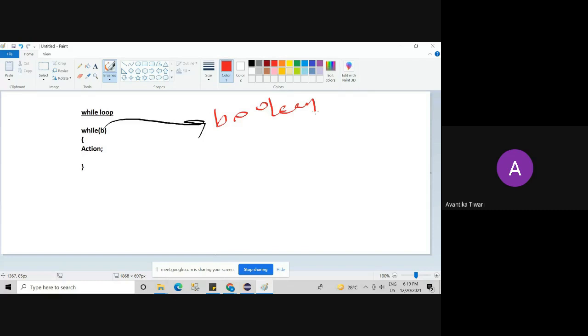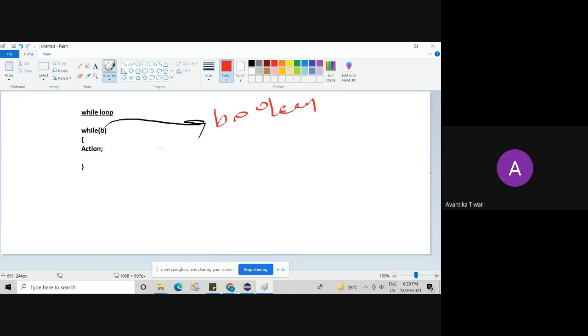In for loop, we specify it in advance. But when we don't know in advance how many times we have to execute this part of the code, then we should go for while loop, and this should be a Boolean variable. If you pass any other type of variable like byte, int, float, any type, it is going to throw an error.